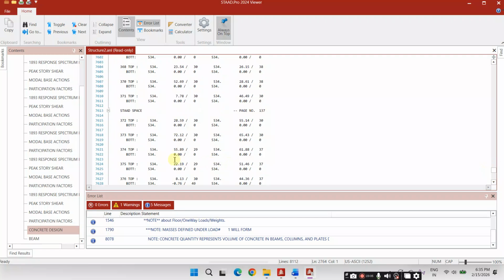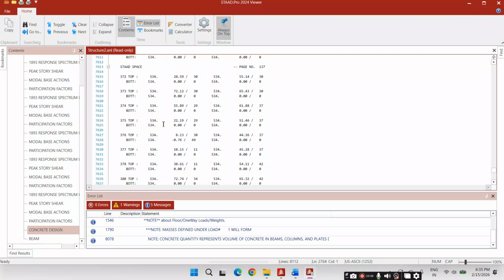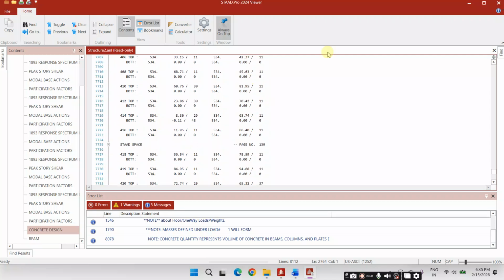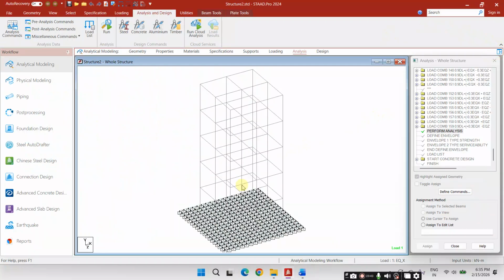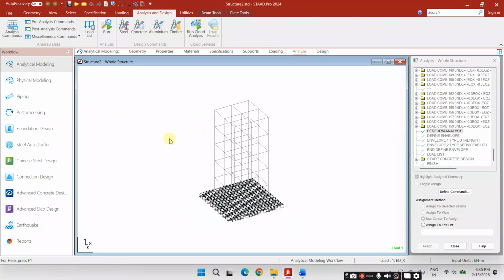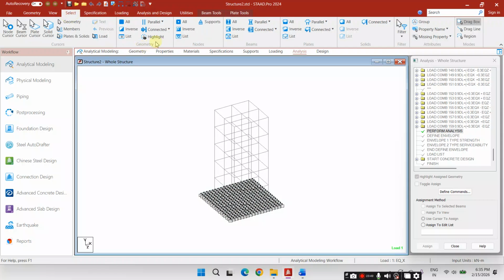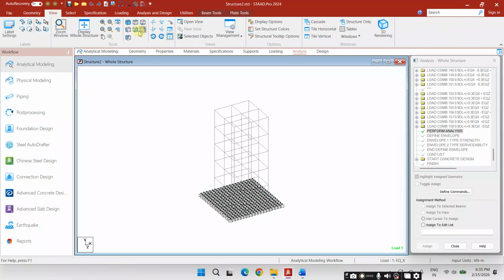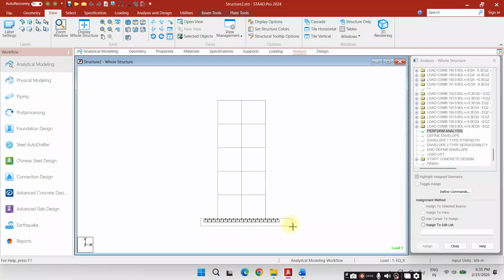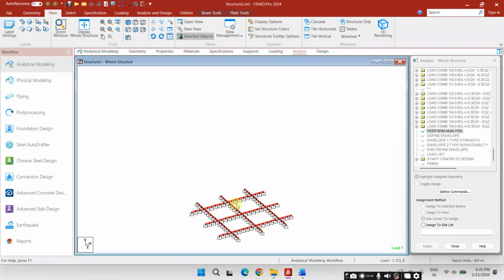This is the slab. So 534 cent, and we can also check the bending moment and shear force. Before that we have to select that beam view check,